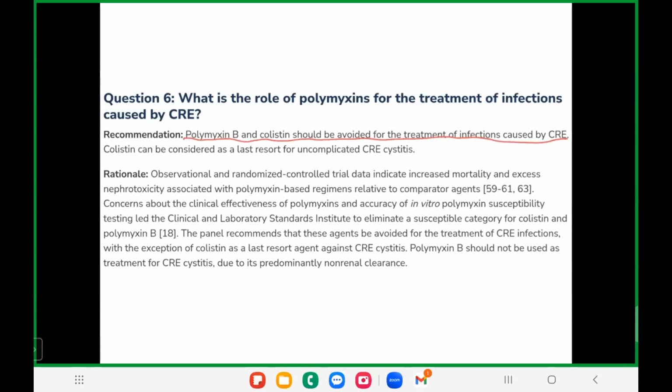So always remember, you need to go for higher doses of the antibiotics when you encounter resistant bacteria. And what are the recommendations on polymyxins? The guidelines tell that you should avoid polymyxins in any of the infections. If you have other options like ceftazidime-avibactam and aztreonam, you need to go for them rather than treating with polymyxins. But if you decide to start polymyxins, you need to follow certain guidelines on how to use them. We'll just go through it.